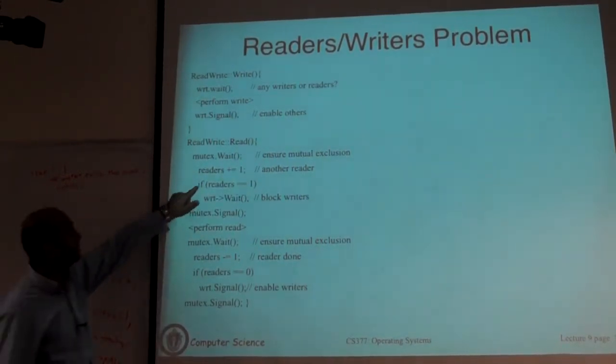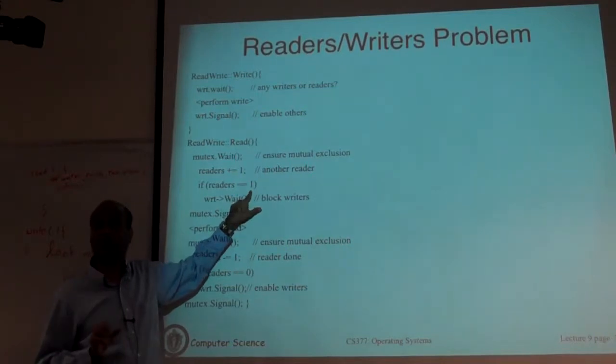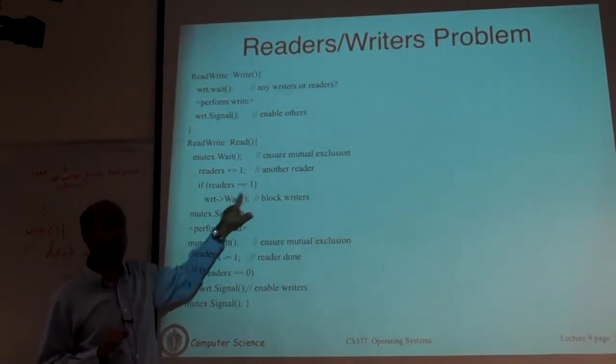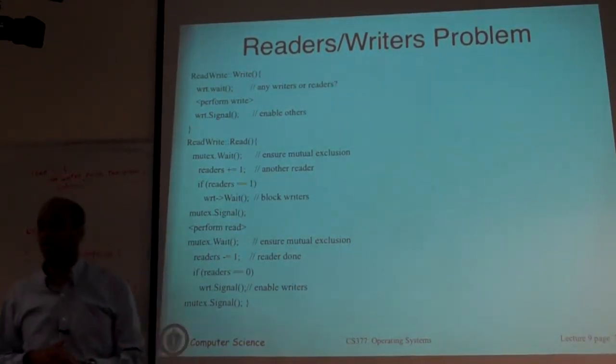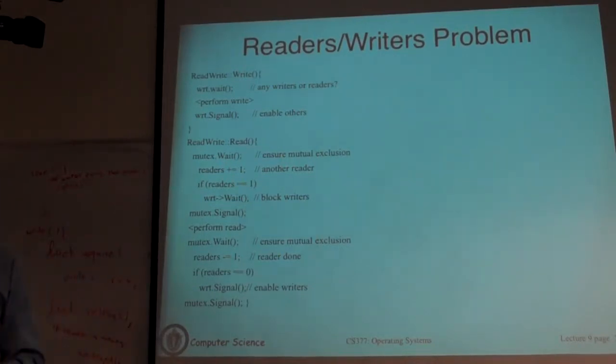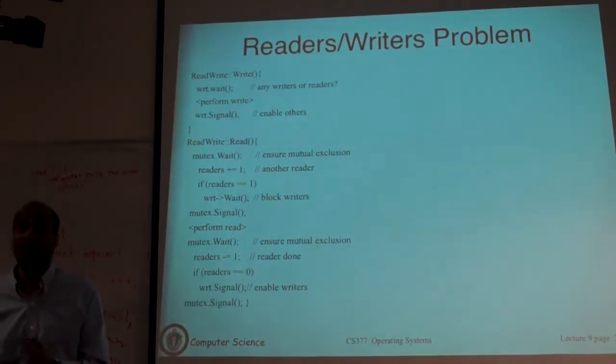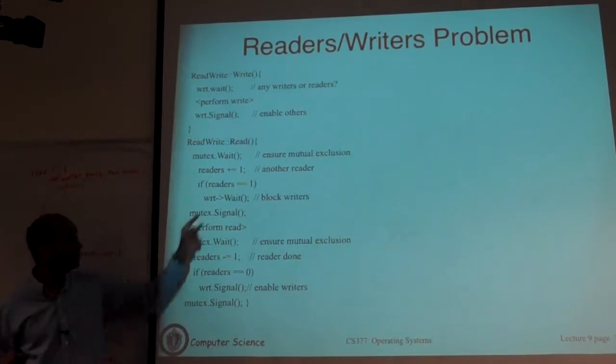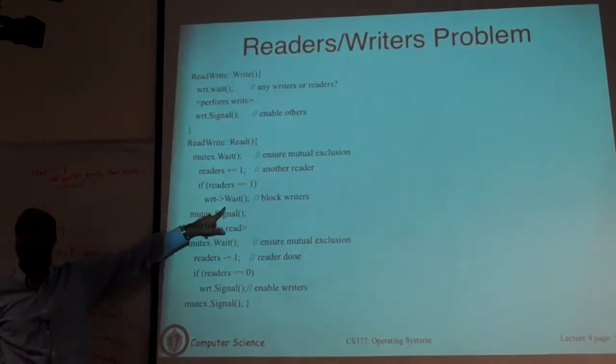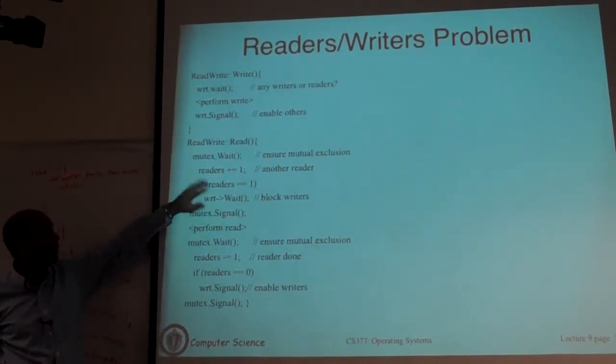And you'll say, if I'm the first reader in the system, I'm going to make the writers block. Because if there is any thread reading already, you don't want the writer to proceed either. If there's a thread writing, you don't want the readers to proceed. If there's a thread reading, you don't want the writer to proceed, because once the writer starts writing, there cannot be anyone else. So if you are the first reader, you will block off all the writers. And then you will release the lock.